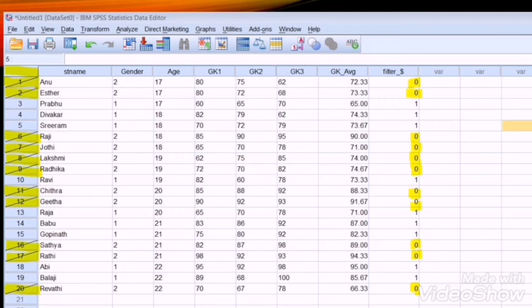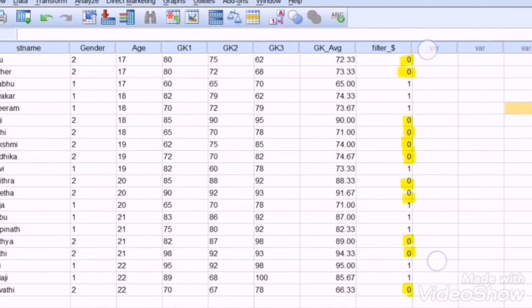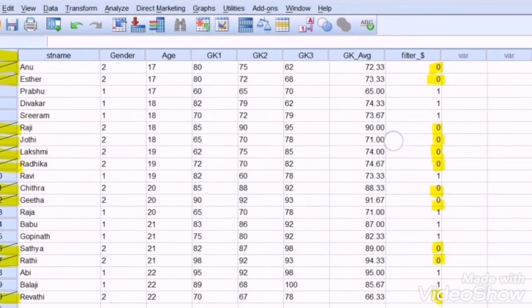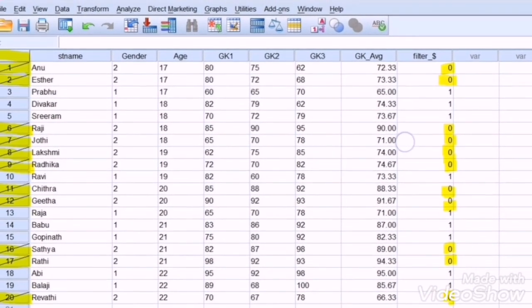These male records alone will be considered for further analysis. And a new column known as filter variable column has appeared. Here we find all the zeros are not considered for further analysis. The records which will not be considered are highlighted, and only the filtered records, male records, which have been coded as 1, will be considered for further analysis.